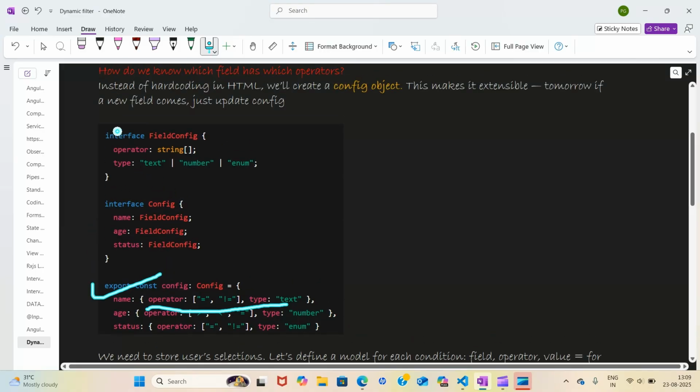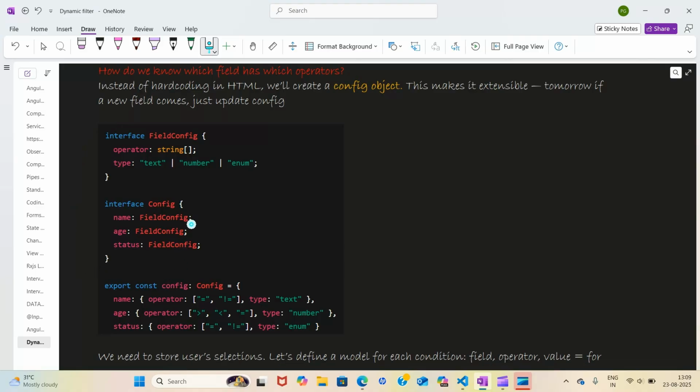So first of all, interfaces we need to create. Why? To tell that this is the type. Now you might be wondering, okay, you said right, but why have we chosen these two different interfaces? Why don't we create one interface at all? So my friends, the logic is that I said that name should have two things, operators and type, right?